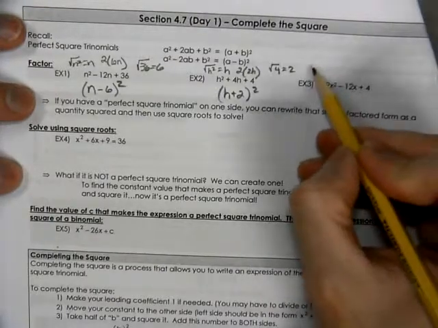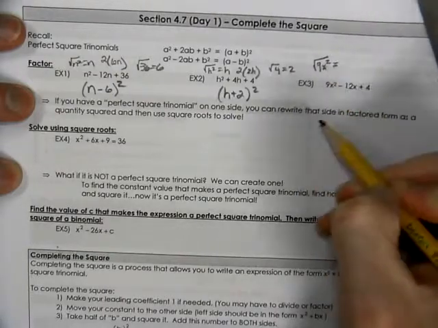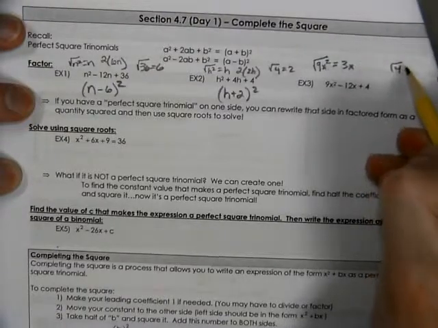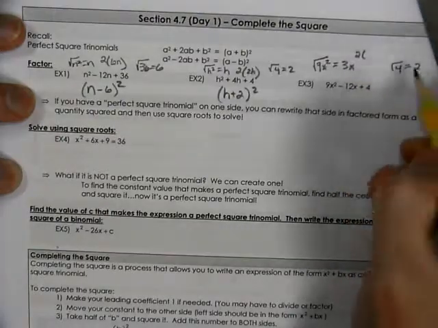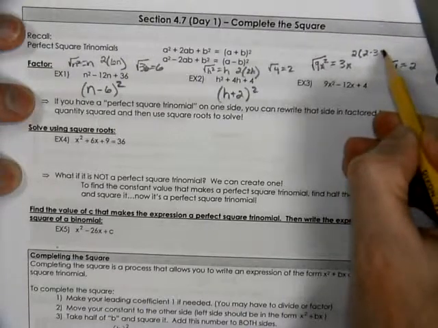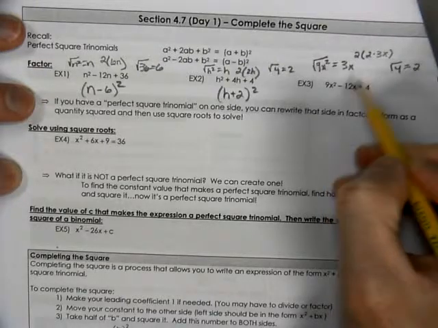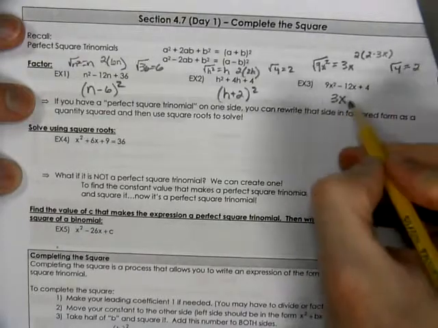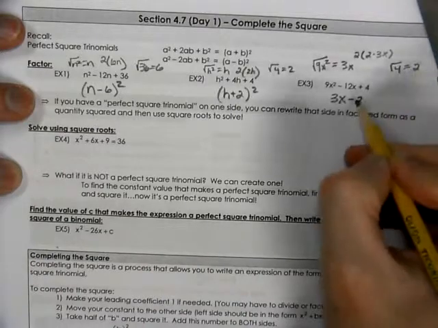A little bit more complicated looking. Can we take the square root of 9x squared? Sure, we get 3x. Can you take the square root of 4? Of course. Is the middle term 2 times that product? 6x times 2 is 12x. So yes, the middle term is twice that. So we're going to say 3x, minus 2, because your b value is negative,